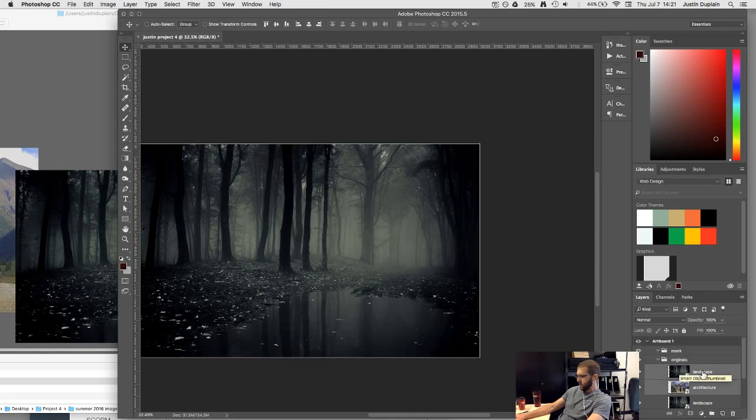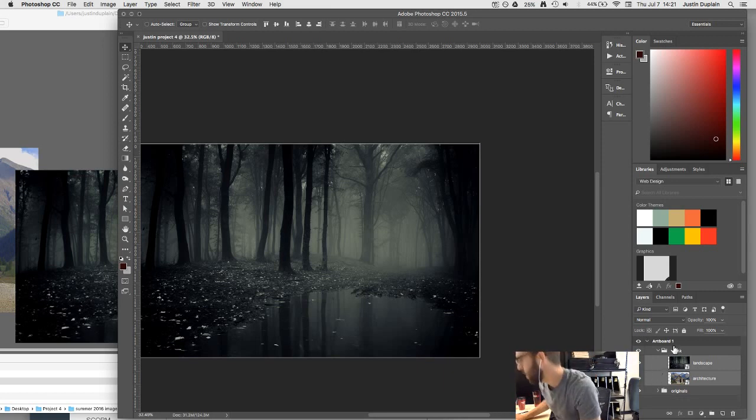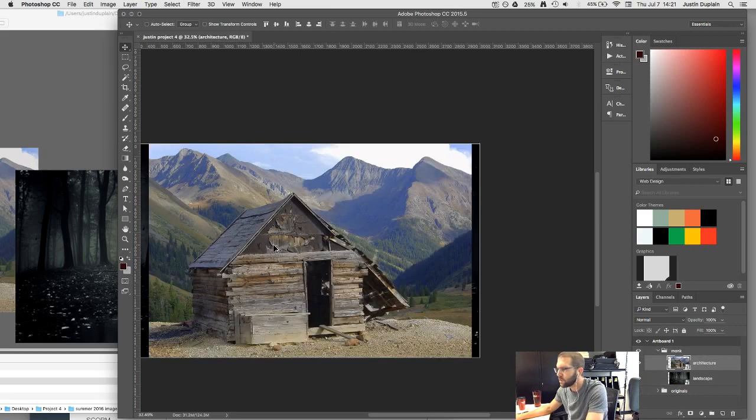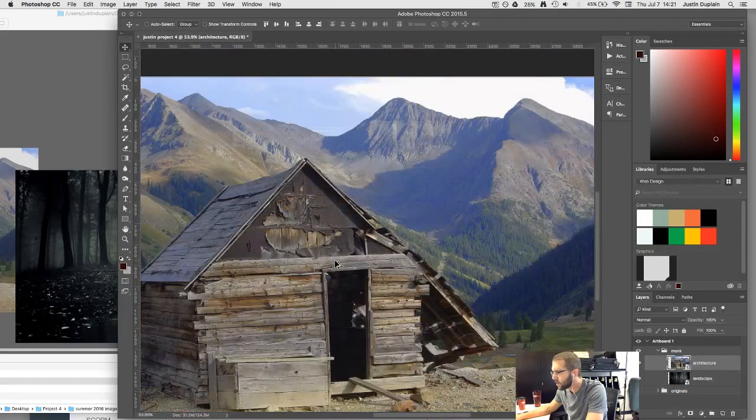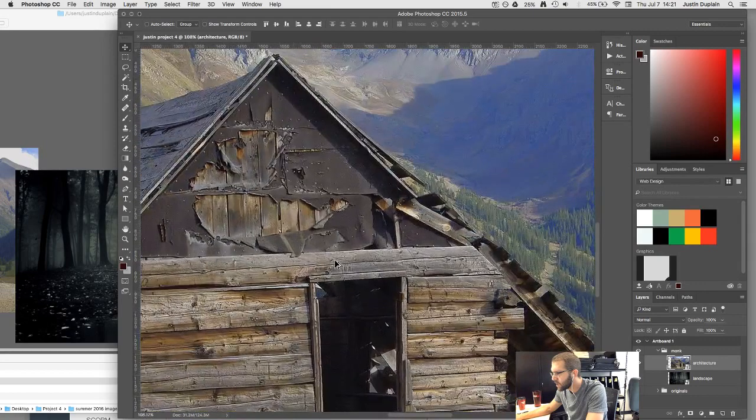Make a duplicate of them and bring them in. Okay, so turn off my originals. My cabin's going to be on top. Basically, I need to cut out my cabin. I think